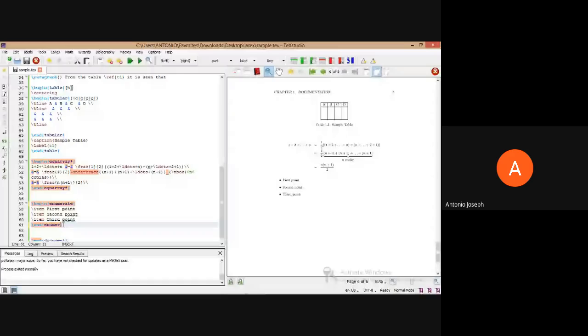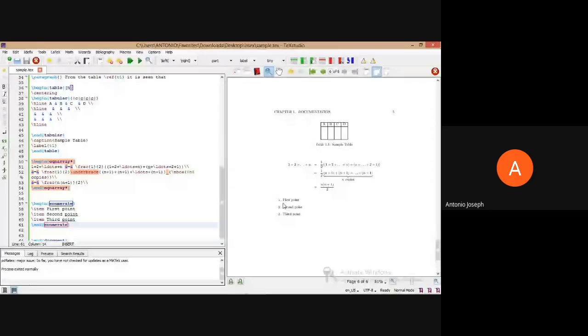See, the first point, second point, and third point are numbered. So this is how we create the items or bullet points, as well as numbering.